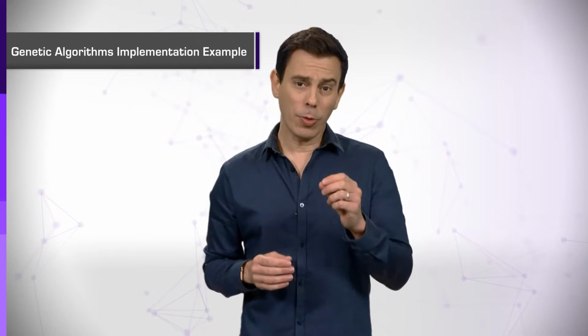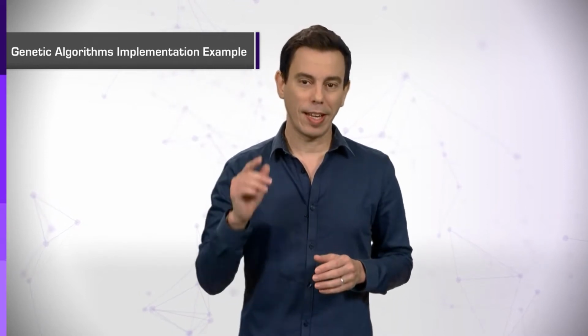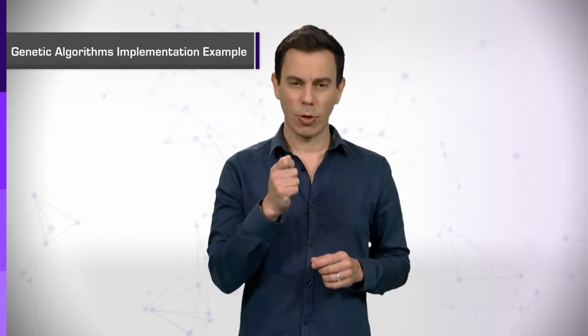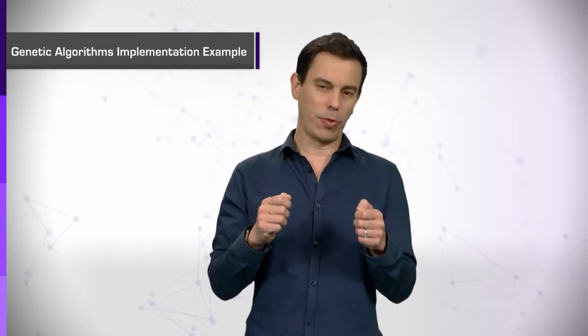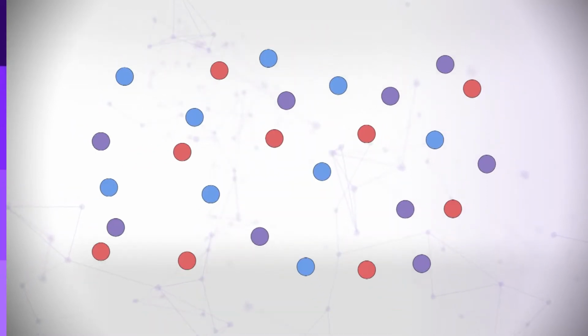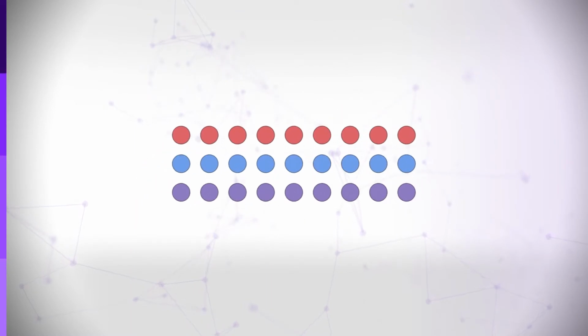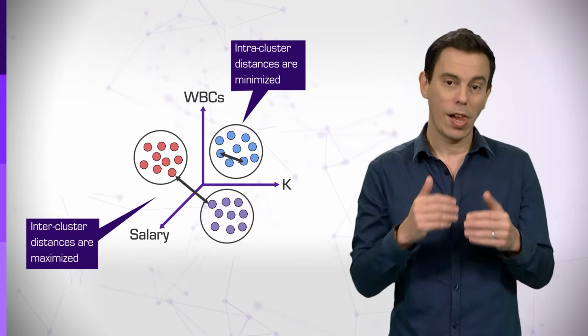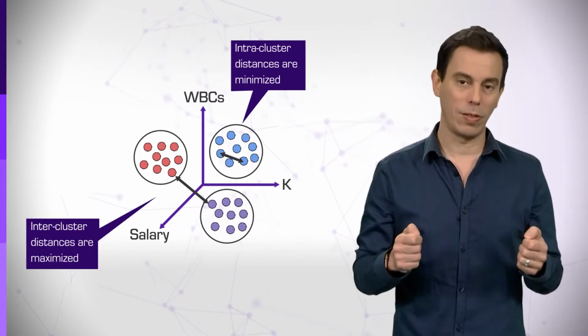Genetic algorithms implementation example. In a former segment, we discussed the clustering problem and the k-means algorithm that solves it. As a reminder, we want to split a set of data points into groups or clusters where all the points in a cluster share certain characteristics that differ them from other clusters. The data can come from EMR, for instance, where we will want to group patients according to their blood test results. Mathematically, we define the ideal split as, for example, that where the intra-cluster distances between the data points are minimal and the inter-cluster distances are maximal.